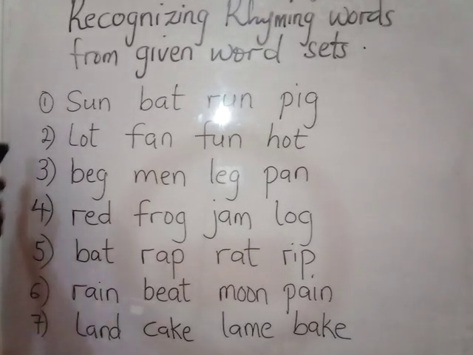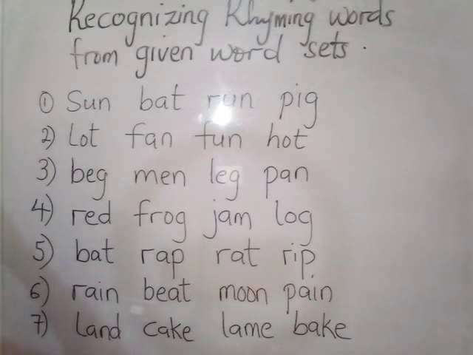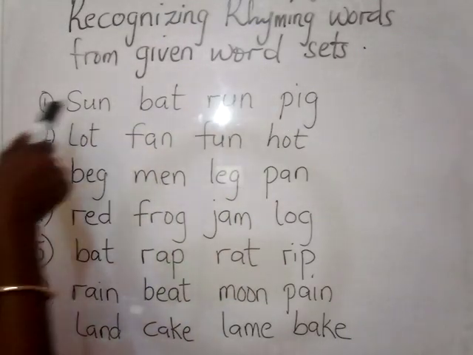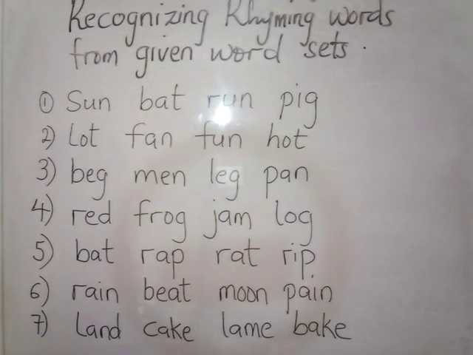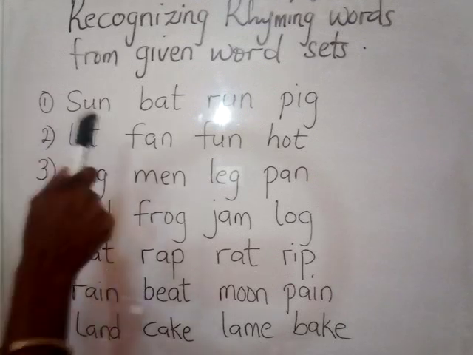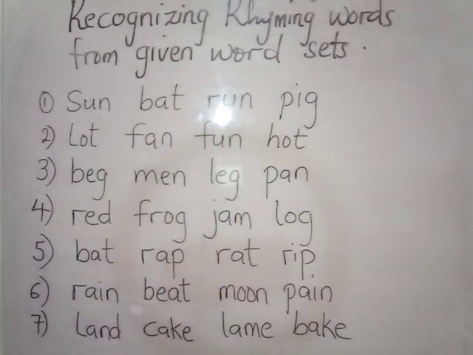In each set we have 4 words. So what we're going to do is try and see which 2 words in each set rhyme. We're going to try and figure out the 2 out of the 4 words in each set that are rhyming